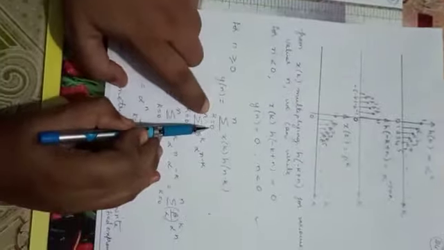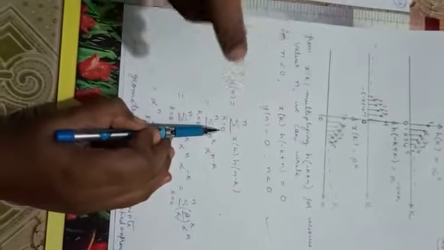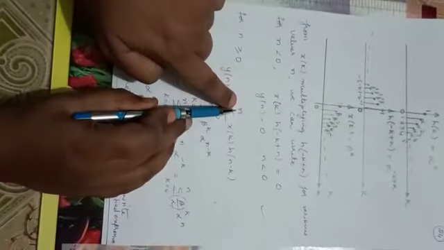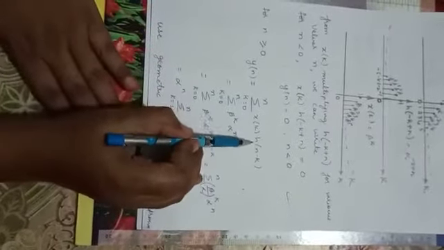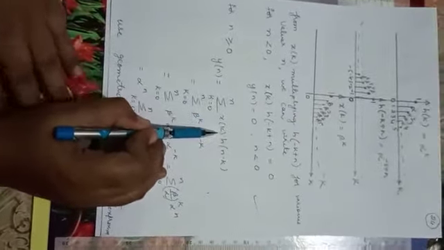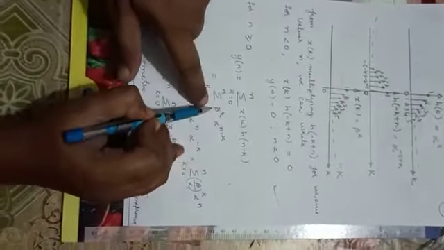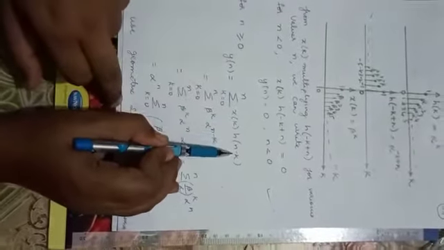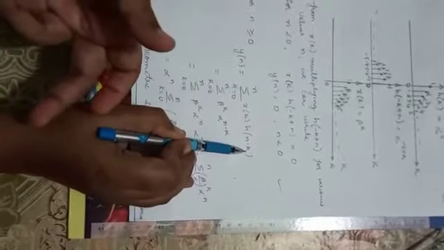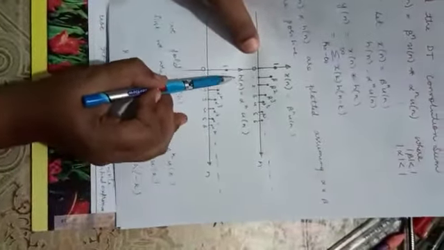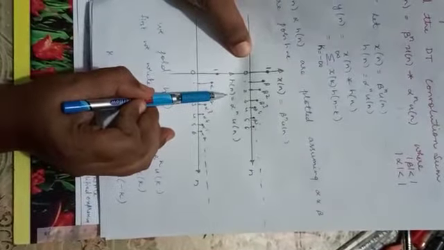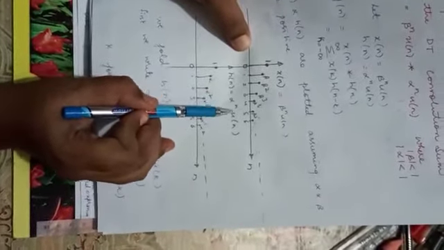This product exists, so I have to write from k equal to 0 up to n, because n is actually the shifting factor: x of k into h of n minus k. What is x of k? X of k is beta to the power of k. H of n minus k is nothing but what? Here you observe, when I have written h of n, it is alpha to the power of n u of n.